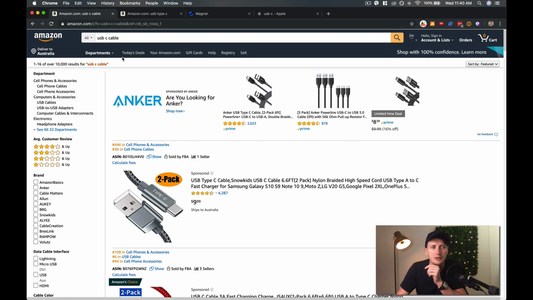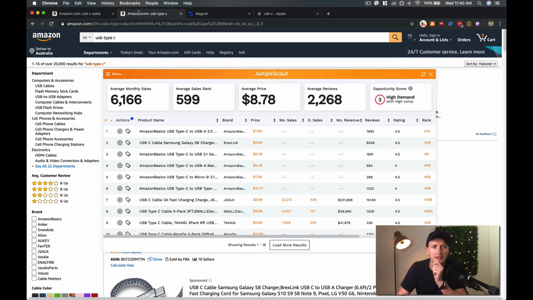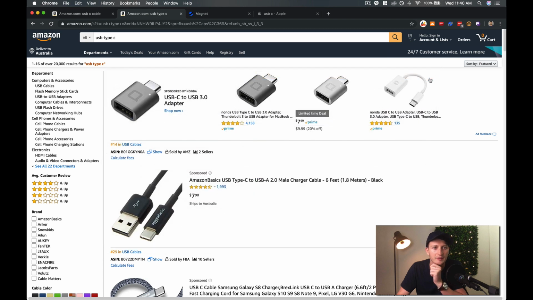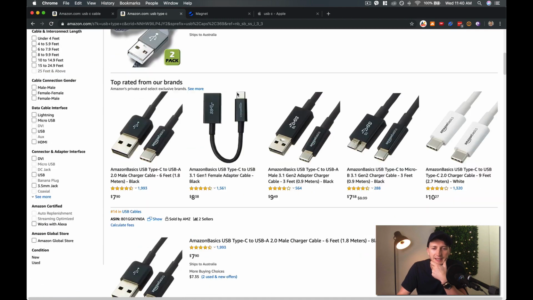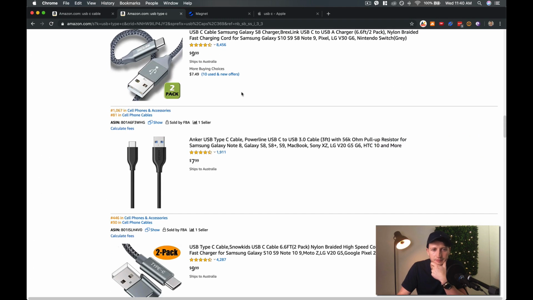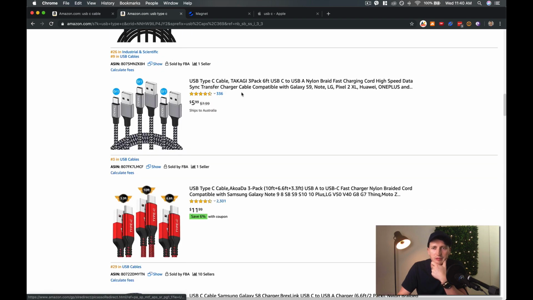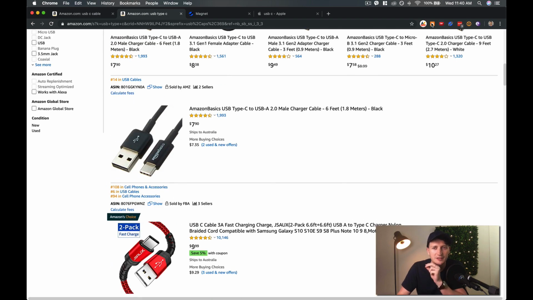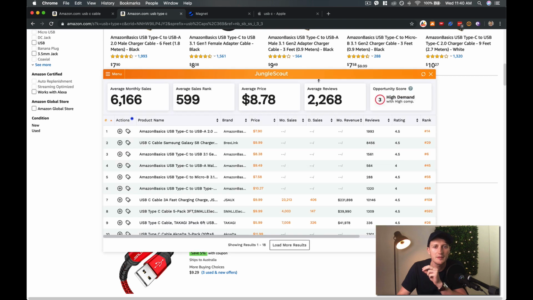So you can see it's called a USB-C cable here, but what I've done is I've actually typed in, I've got ahead of myself here, USB Type-C. Now, people are calling it not just USB-C cables, but they're also calling it USB Type-C cables. And what you'll see is that there are actually different results. Now, a lot of them are going to be the same, but there are a lot of new results popping up because it's a different search term. So you have to understand on Amazon, you're not just selling a product with a defined name,